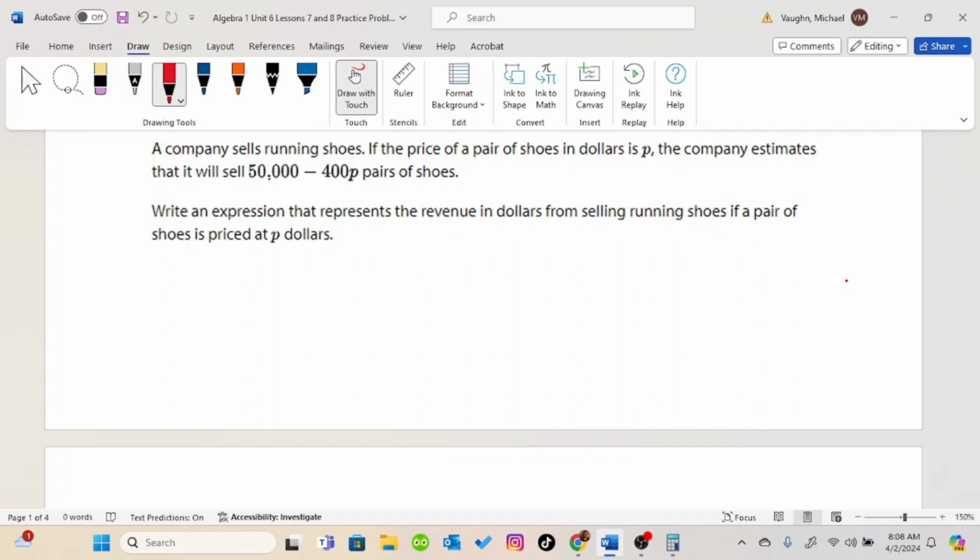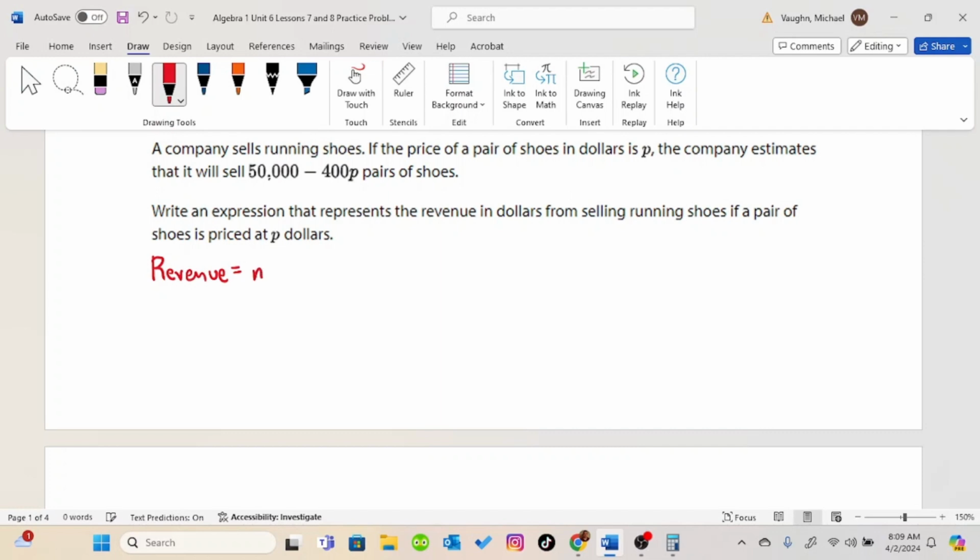A company sells running shoes. If the price of a pair of shoes in dollars is p, the company estimates that it will sell 50,000 minus 400p pairs of shoes. Write an expression that represents the revenue in dollars from selling running shoes if a pair of shoes is priced at p dollars. So first, you need to understand that revenue